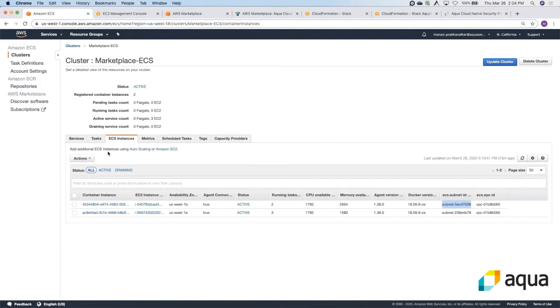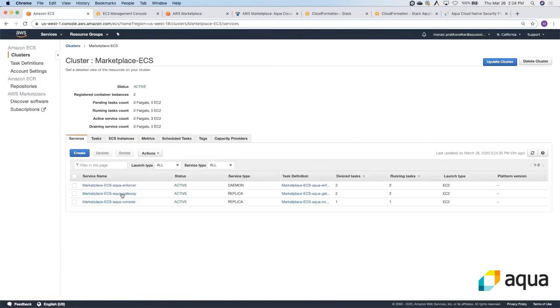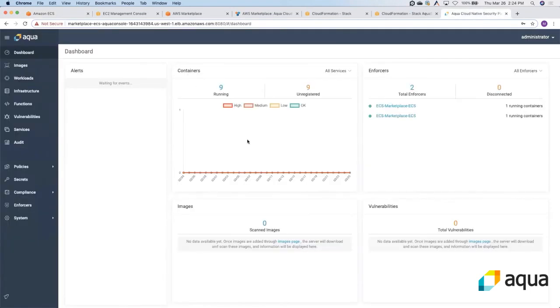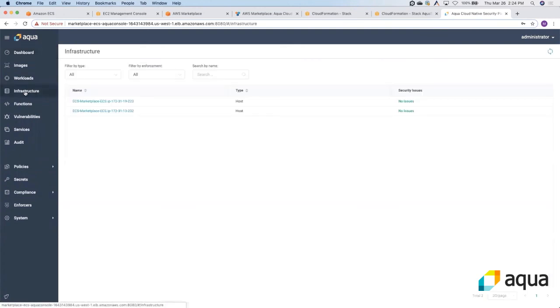You can go back to your ECS console and look at the services just to be sure that all the components are deployed properly and are active. You can come back to the Aqua console and look at the infrastructure to see that it has picked up the two ECS hosts that we had just added.